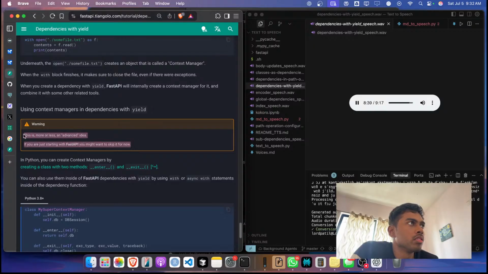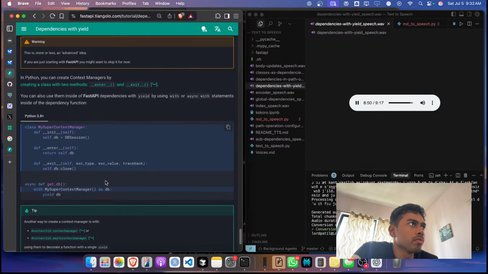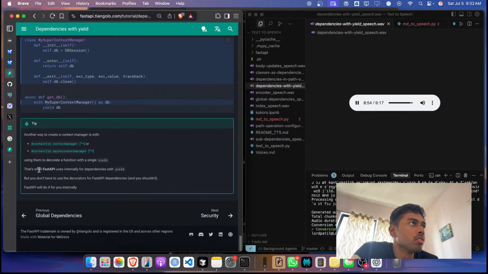In Python, you can create context managers by creating a class with two methods, __enter__ and __exit__. You can also use them inside of FastAPI dependencies with yield by using with or async with statements inside of the dependency function. Another way to create a context manager is with @contextlib.contextmanager, or